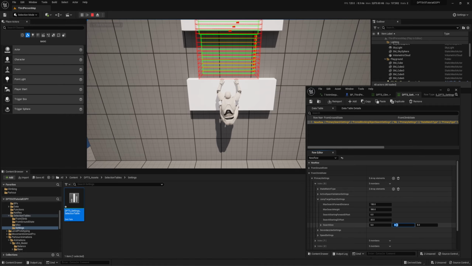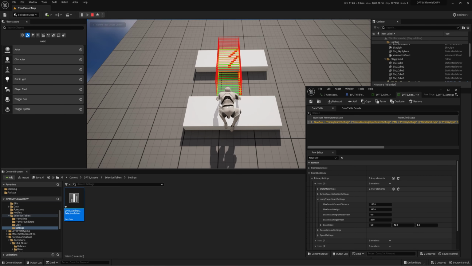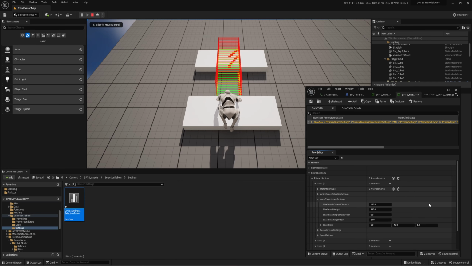Now, realistically, like with a lot of the other values, I have set these up to be something that's going to be fairly reasonable. But again, if you find that these searches are not wide enough or maybe not tall enough, you can go ahead and adjust them to how you feel you need. Because now what we're going to do is take a look at actually setting up a